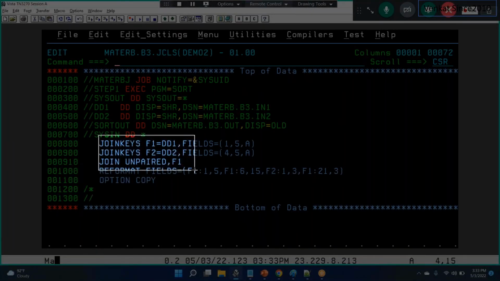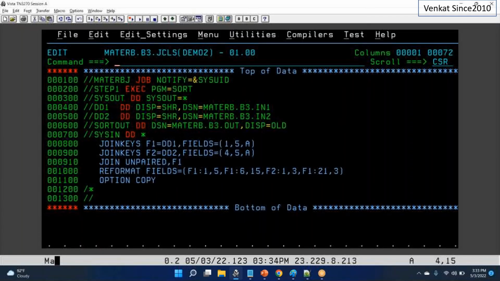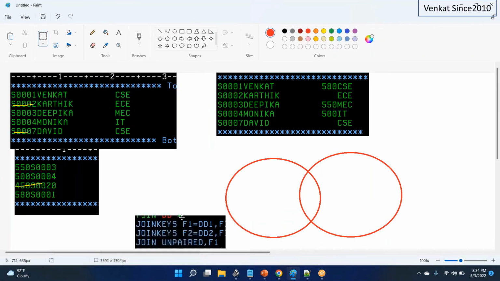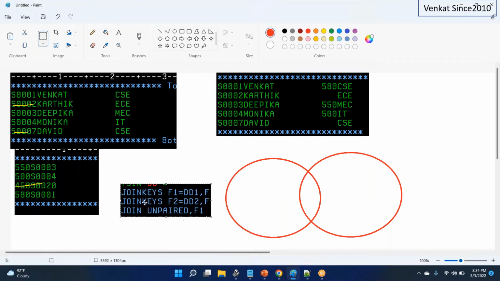This is very important because, okay team, first join keys, anyhow you understood, I guess. Now join